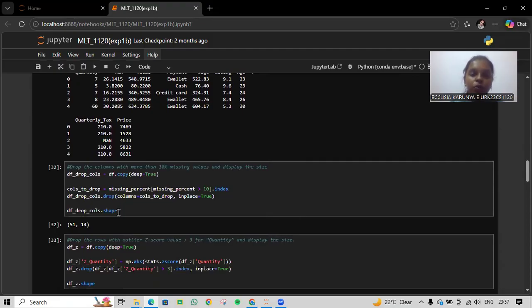Next question is drop the column with more than 10% missing values and display the size. Again, we are going to take the deep copy of the original dataset. Then we are going to find the column where the missing percentage is greater than 10 percent. When it is greater than 10 percent, we are going to use the index which will return the column's name. Okay,